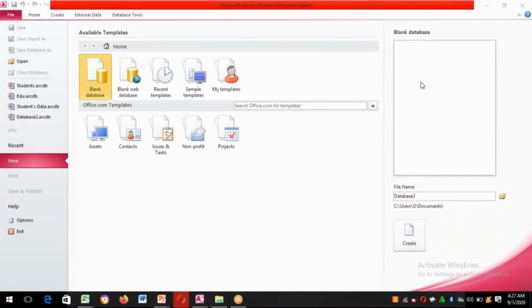So this is the Microsoft Access. Due to its powerful features, MS Access is often used in a business environment. So when opening Access, a startup page opens divided into two parts. On the left side,